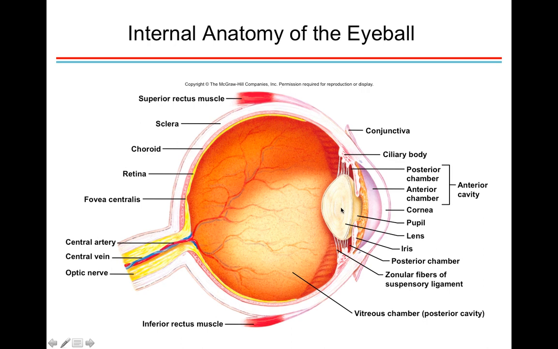In front of the lens we have this anterior chamber, a fluid-filled chamber, and in front of the anterior chamber we have a cornea, and then the iris of the eye